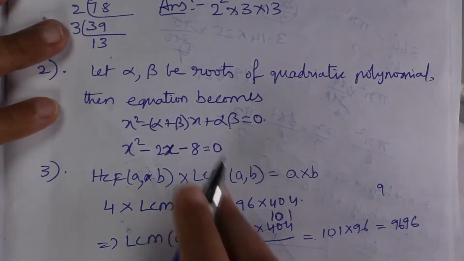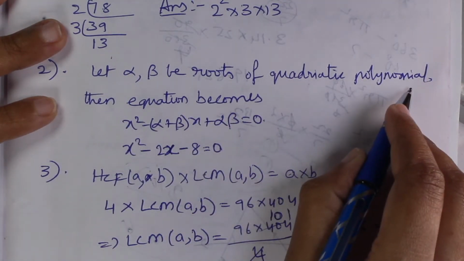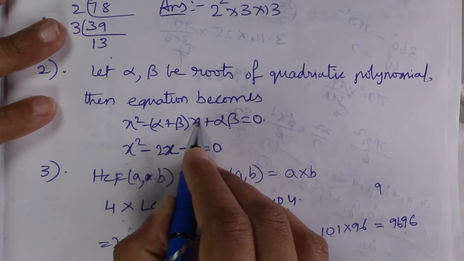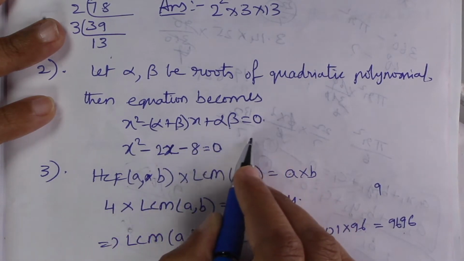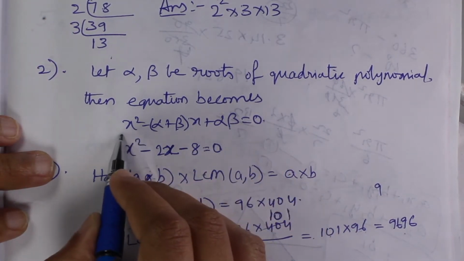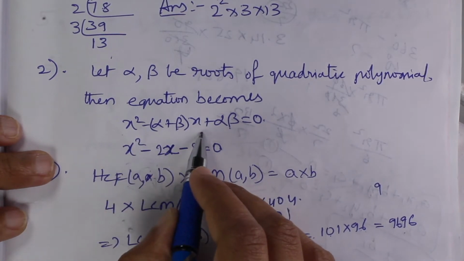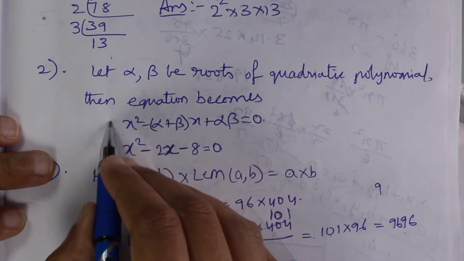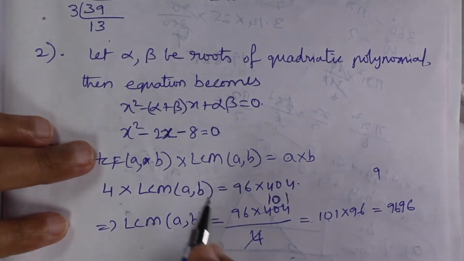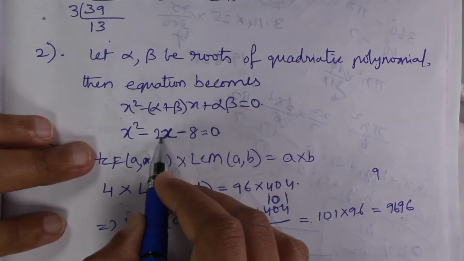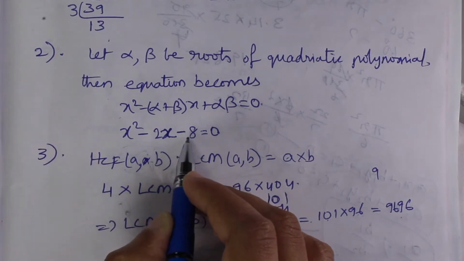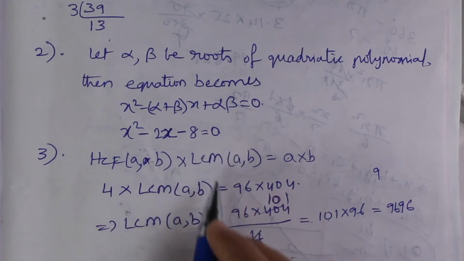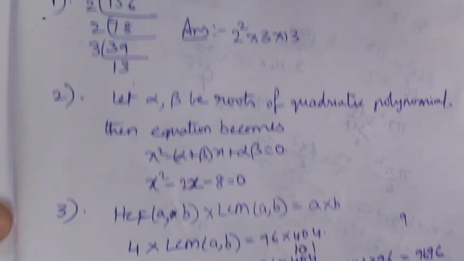So if we assume alpha and beta to be the roots of the quadratic polynomial, then the equation becomes x square minus (alpha plus beta) into x plus alpha beta is equal to 0. So that means x square minus sum of the roots into x plus product of the roots is equal to 0. This is how the equation forms. So what will be the solution? x square minus sum of the roots, which is 2x, plus product of the roots, which is minus 8, is equal to 0. So this is the solution for the problem. Now let's move to the